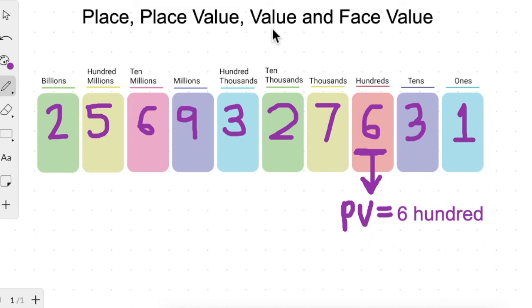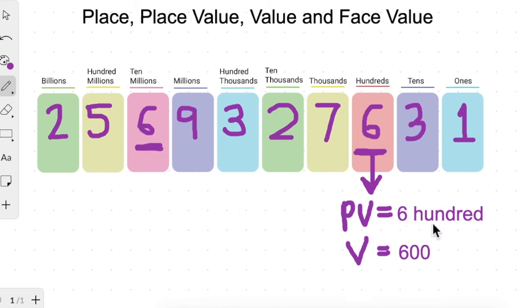And let us also do this thing, which is value here. Value is very much similar to place value, but there is just one difference. When we are writing value, we do not write it like this. I'll just write V for value, and it is written as 6 100. So this is the value. When we are writing value, we write it in numerals, and when we are writing place value, we write it like this, 600.